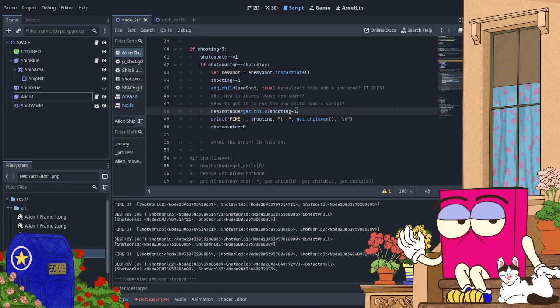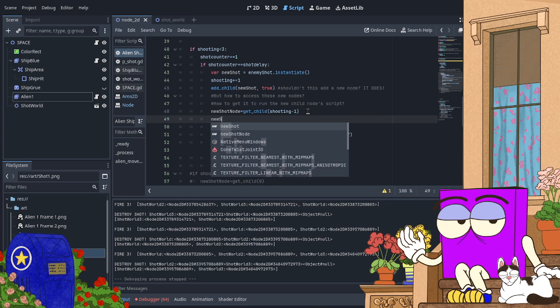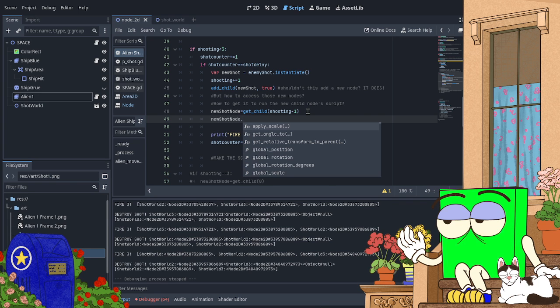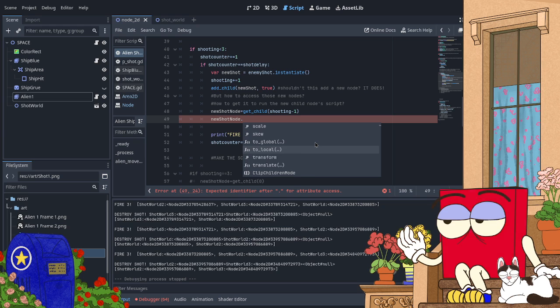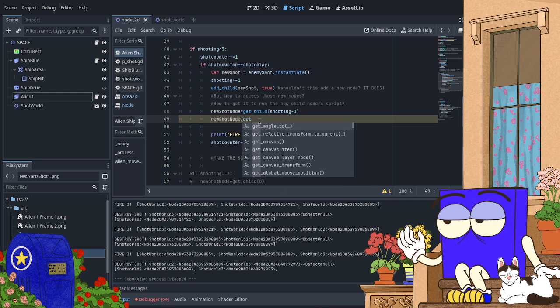There. I just want to put it a little sooner because the script thing needs to go here. Dot node dot get.